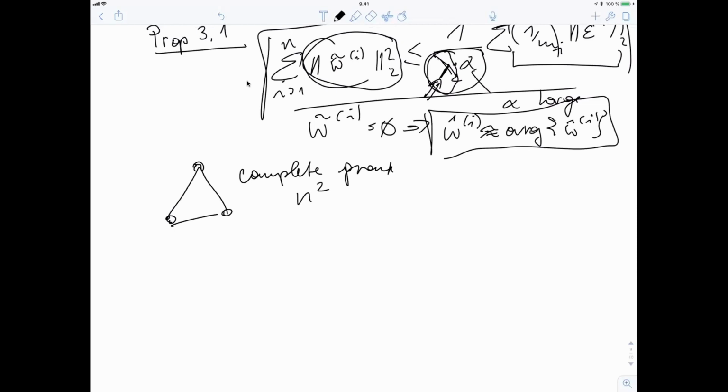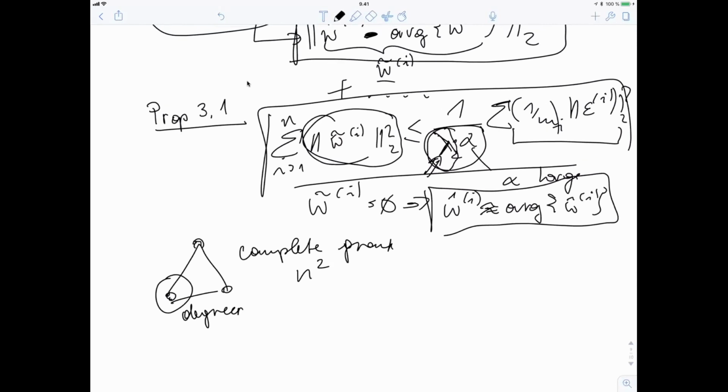So what you typically like is to fix the degree of each node to be 5 or 10, and this is called a sparse graph. And I forgot to say, under this additional constraint that you require a graph to have a given maximum node degree, so each node can have at most 10 neighbors,